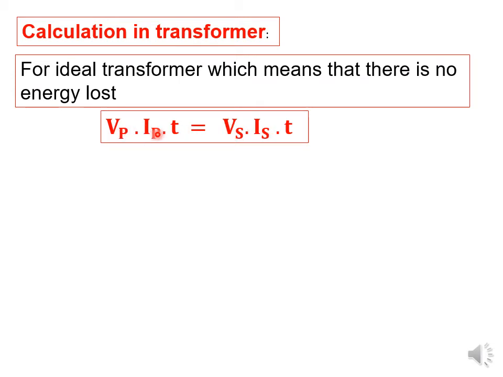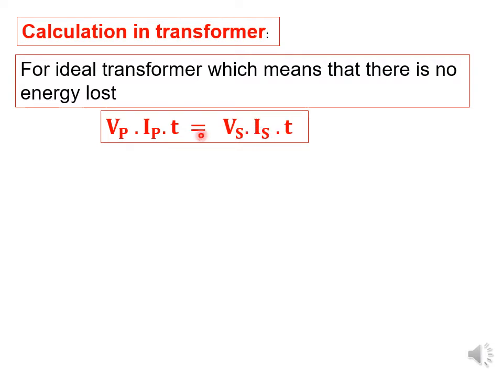input energy اللي هي V primary I primary T. V primary potential difference between ends of the primary coil, I primary current passing through primary coil, T time of this time in general. Type V secondary potential difference between ends of secondary coil, I secondary current passing through secondary coil,